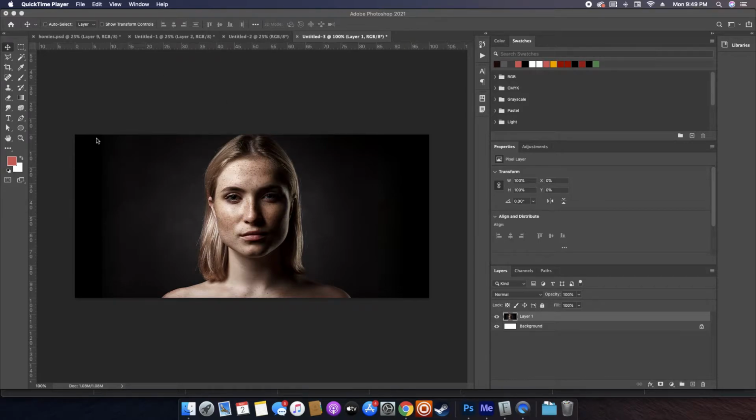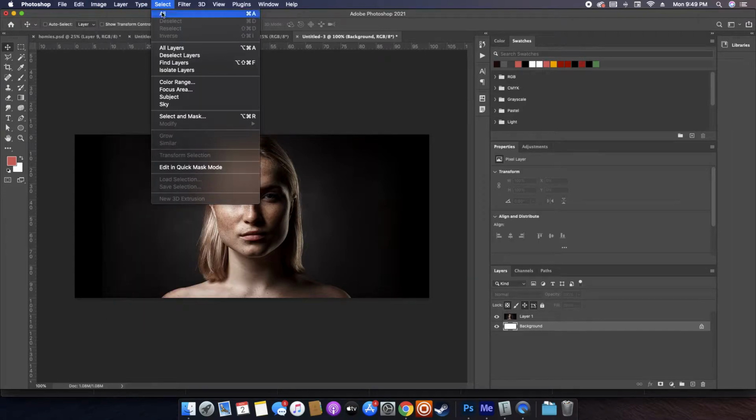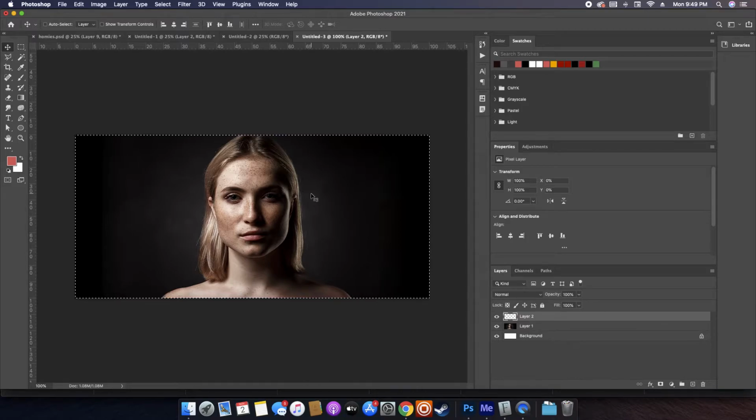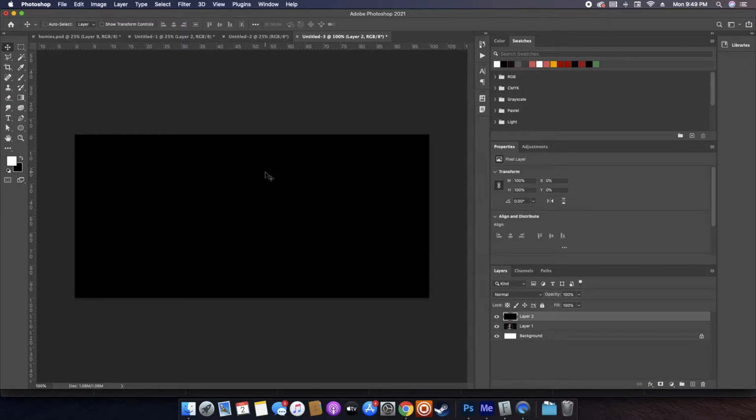I'm going to, let's make a new layer. First of all, I want it to be the same size as this. So what I'm going to do is select all, and then I'm going to go to new layer, and then I'm going to fill that layer with black or whatever color you want. You could do black or white or whatever. Next, I'm going to go to my